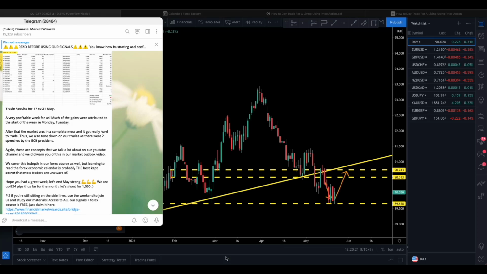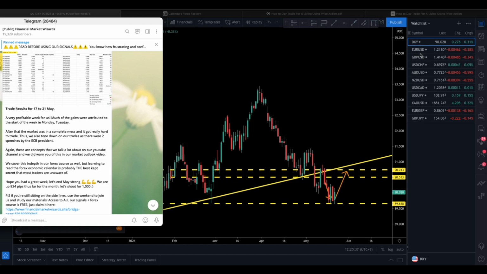So in this video, I'm going to show you the trading bias for the various currency pairs right here. I want to give you the trading bias. I want to show you the key levels that you need to watch out for, okay? These key levels are very important levels which you should take note of, especially if you are trading on your